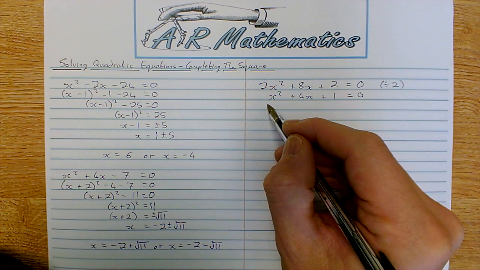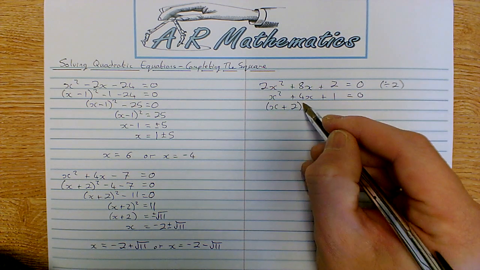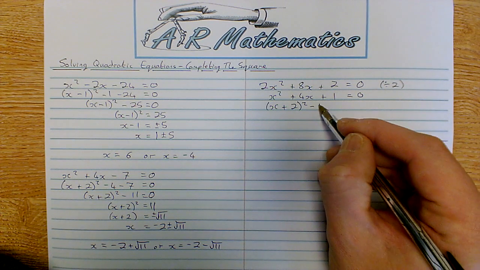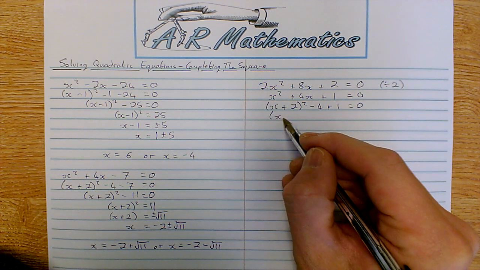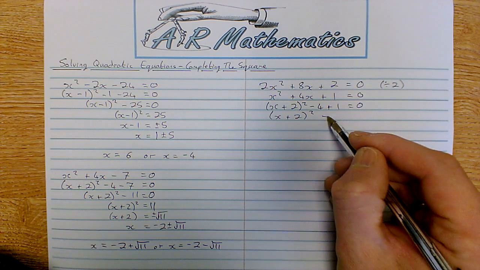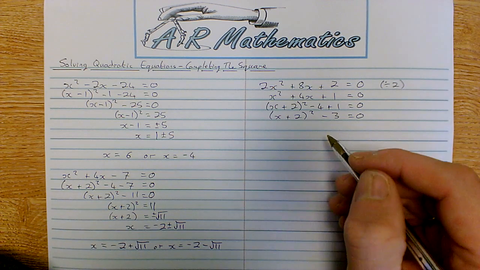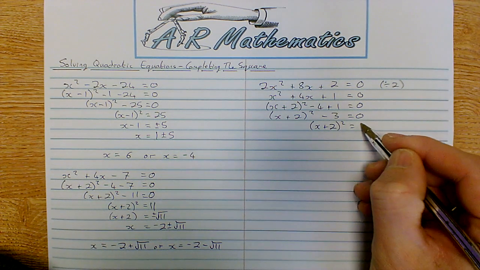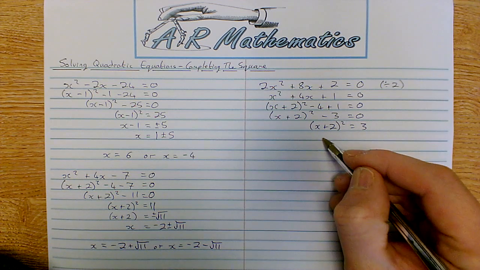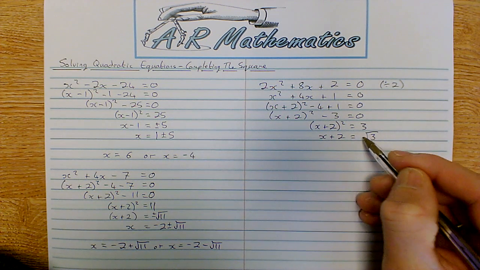0. And then if I start factorizing, completing the square, I get x plus 2 all squared, subtract the 2 squared, so subtract 4 plus the 1 is 0, leaves me with x plus 2 all squared minus 3 is 0, and then I continue solving as I have in the previous questions. So I start by adding 3, so x plus 2 all squared equals 3. I'm going to square root, so I get, again, I don't know what the square root of 3 is, so